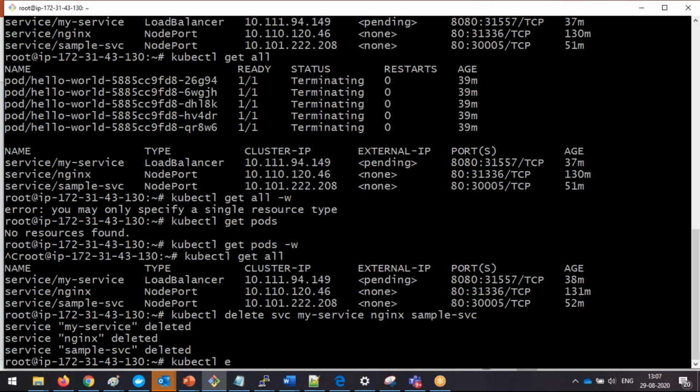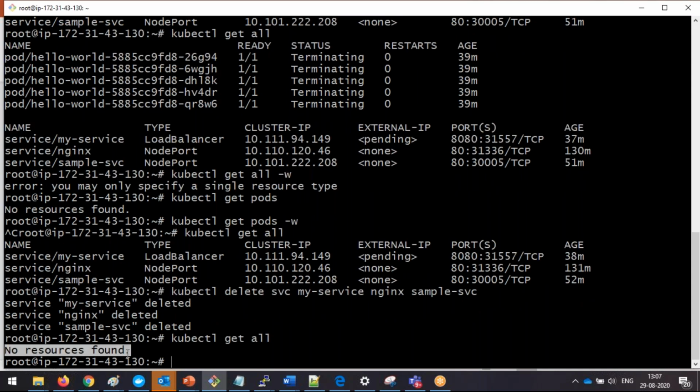kubectl get all. Now everything is cleaned up. So no components are running, nothing here. So now here,